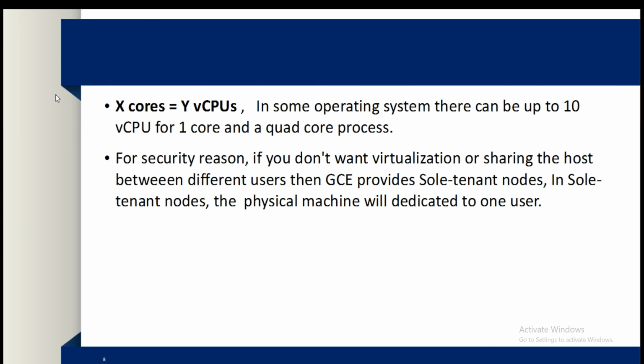Using sole tenant nodes, we can keep our virtual machines physically separated from virtual machines in other projects, or we can group our virtual machines together on the same host hardware. So that is the use of sole tenant nodes.